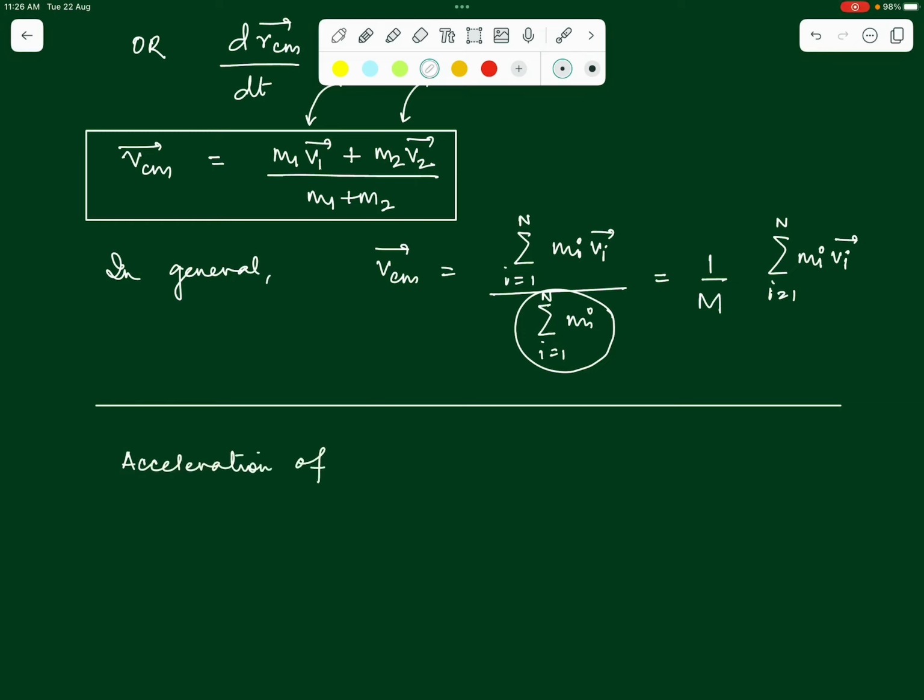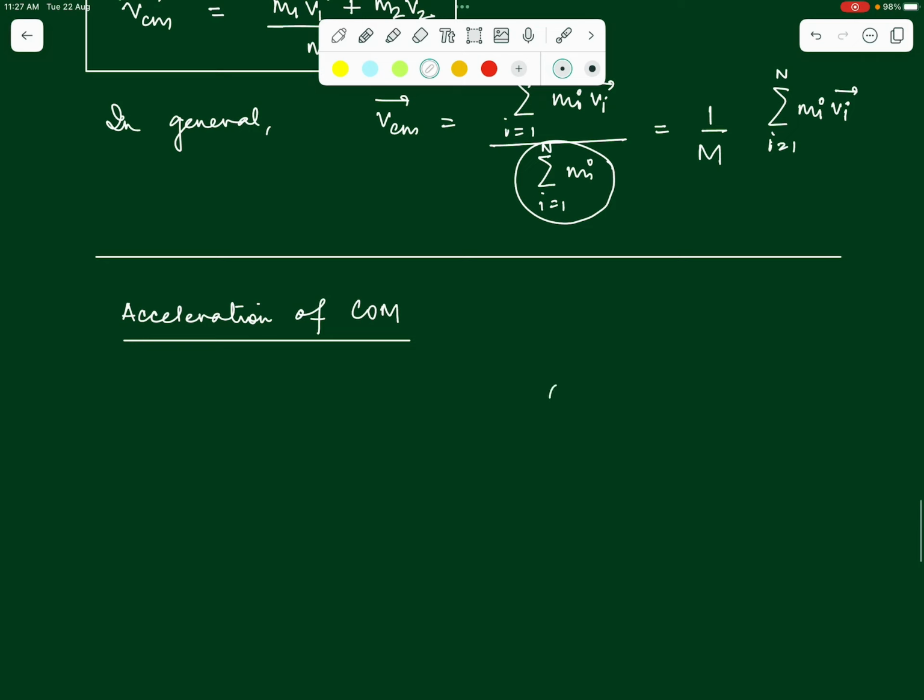Acceleration of center of mass. So on the same lines, can we say if there are particles which are moving with a certain acceleration also, let's say m1 is moving with an acceleration a1 and m2 is another particle which is moving with an acceleration a2, their center of mass, which can lie anywhere on the line joining them, will also have some acceleration which we can call as ACM, the acceleration of center of mass, which once again can be obtained from the velocity